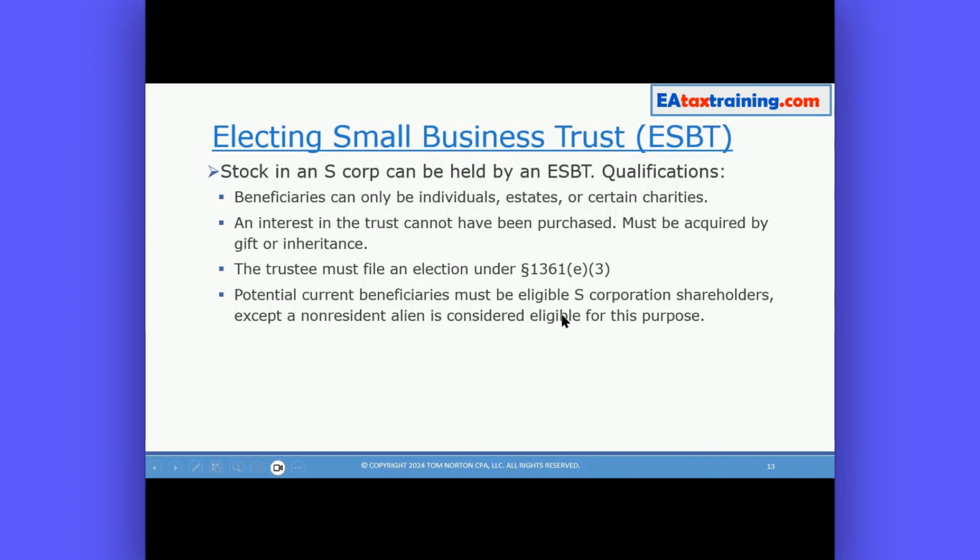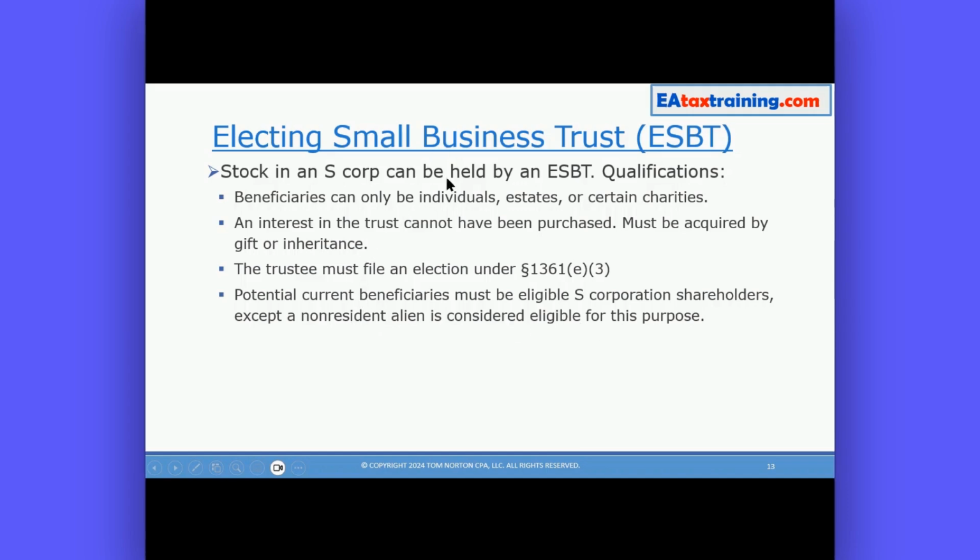Then we have this electing small business trust. For that, the beneficiaries can be only individuals, estates, or certain charities. An interest in the trust cannot have been purchased. It must have been acquired by either gift or inheritance. And the trustee must file an election in order to be an electing small business trust. And then potential current beneficiaries must be eligible S corporation shareholders, except a non-resident alien is considered eligible for this